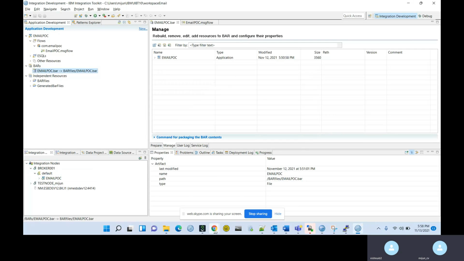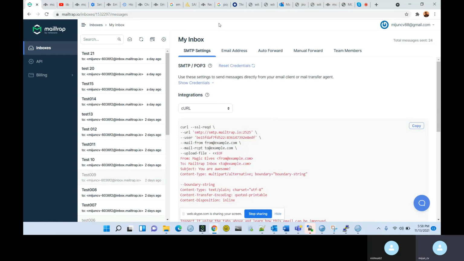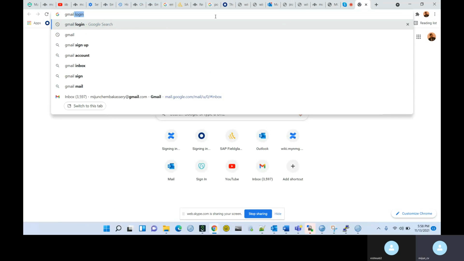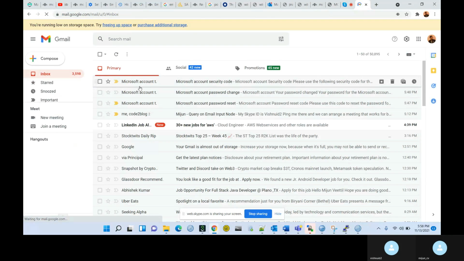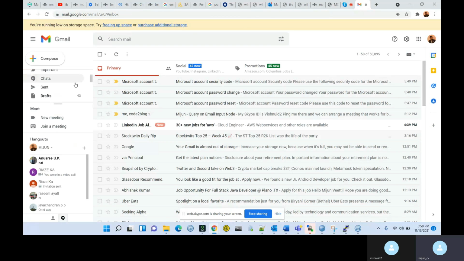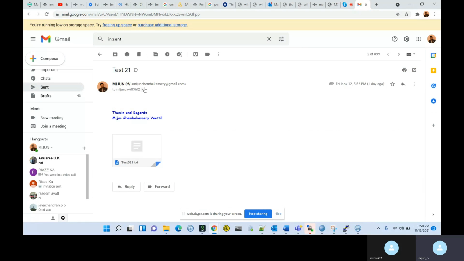I can send an email to this mailbox from my personal email ID, from my Gmail. So this is my Mailtrap mailbox ID.